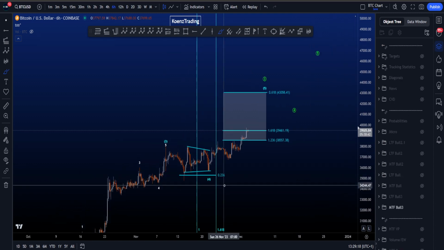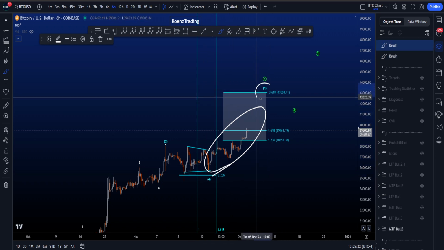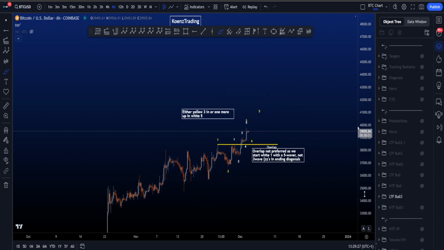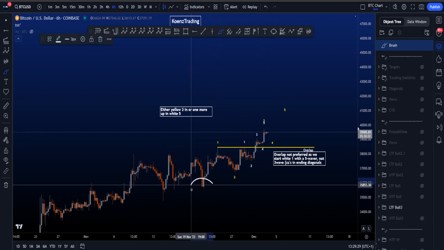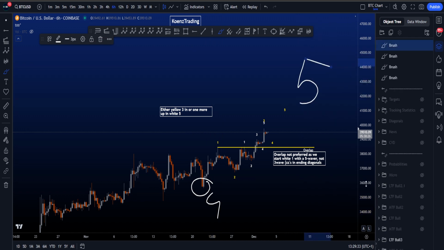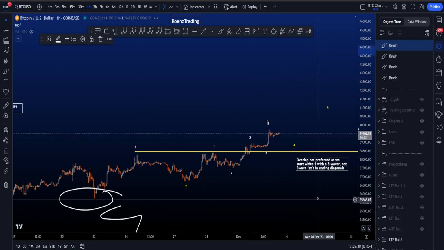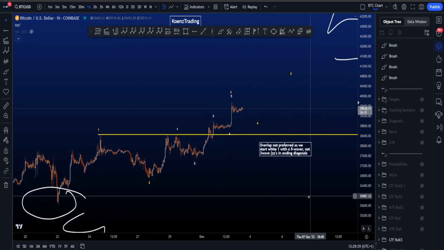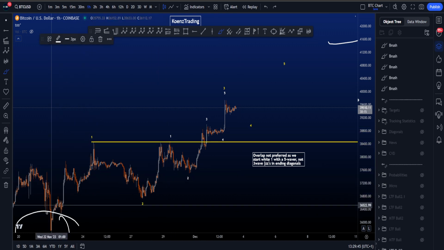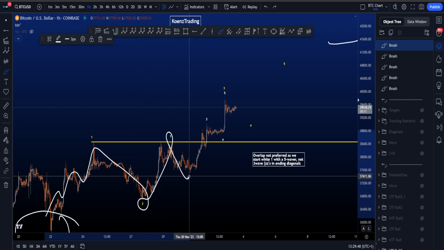Now, if we zoom in to this structure over here, a scenario that would support looking for the blue wave 5, then we have to look for this impulse over here. So this is the end of your blue wave 4. We are looking for blue wave 5 to the upside. And here I then have an impulse to the upside starting with a double 1, 2 in yellow and then in white. Wave 1, 5 wave structure over here, corrective structure in 2, double zigzag, another 1, another 2,